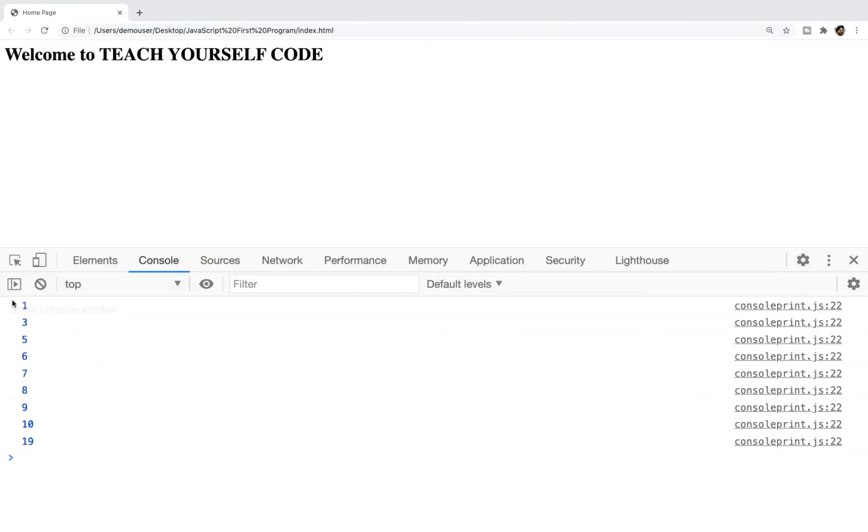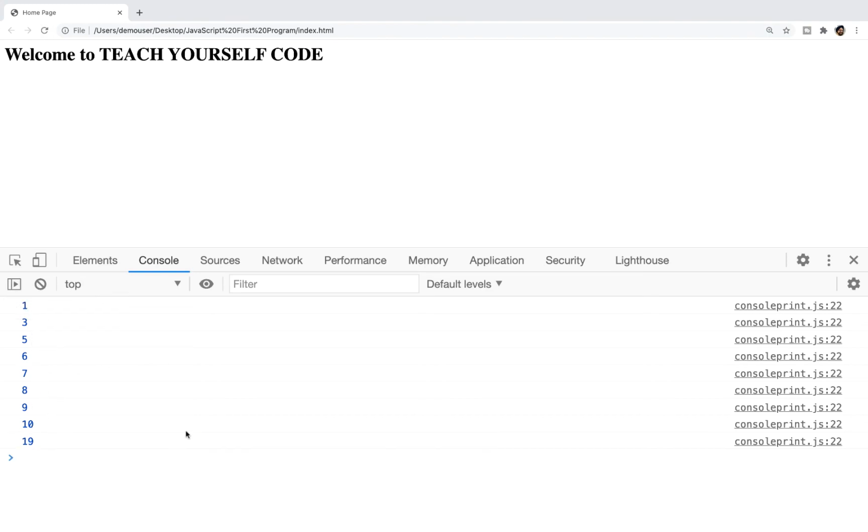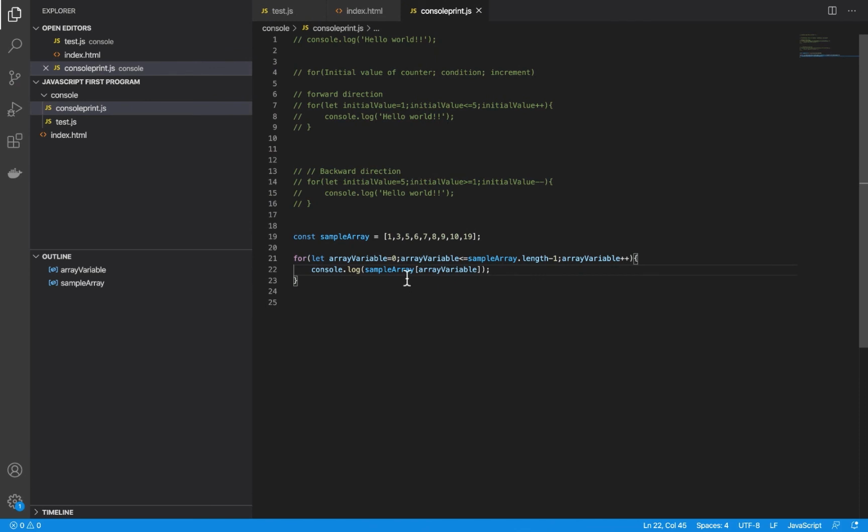If you go here, you can see it is displaying the entire array, that is 1, 3, 5, 7, 6, whatever we have given here, and that's it. So now what we're doing here is, we have this particular array, and we all know we can iterate an array using an index. So I am starting a value which holds the index. So it will start from 0, as we all know. The index of an array starts from 0.